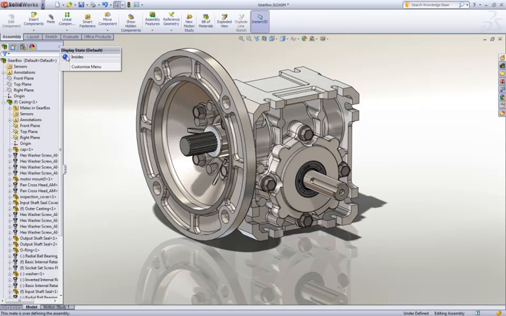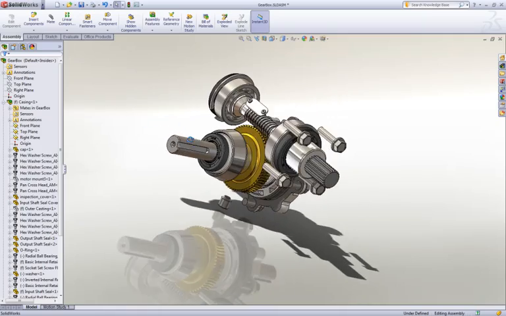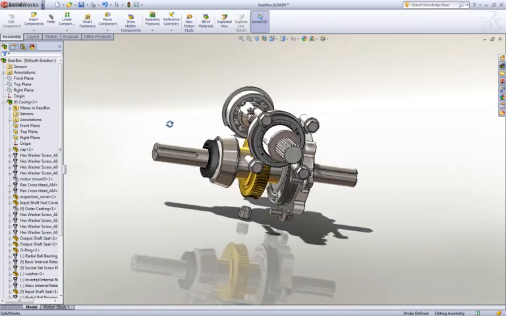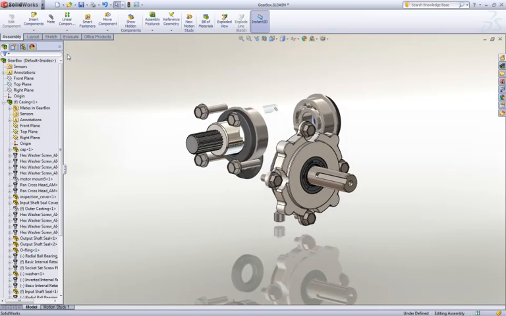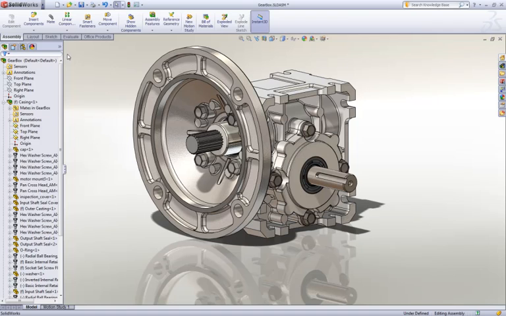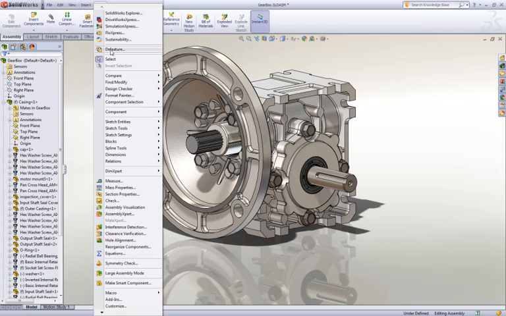Suppliers are always eager to have customers utilize their design work. However, customers don't typically need a lot of the internal detail of the design, in addition to which suppliers don't want to give away the intellectual property rights. So to make it a bit easier for suppliers to share their content, we've implemented the Defeature tool in SolidWorks